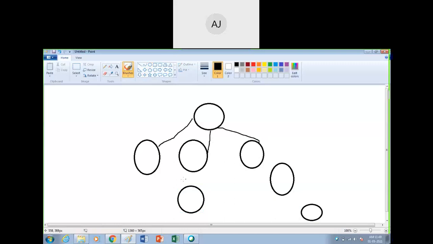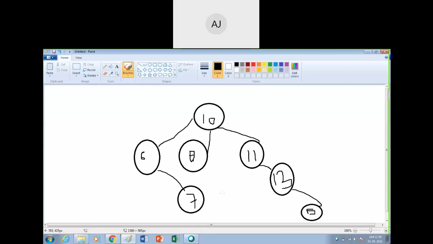I will draw this, and this will be its child, right child. You might know when these children will be created: if the value is greater than that. So for example, I will take here the value 10. Now if I want to insert a value, I can use 6, and then here I can enter 7, and here 11, then 13, and here it can be a 15. And this I will make it as 8, and this will be a 7.